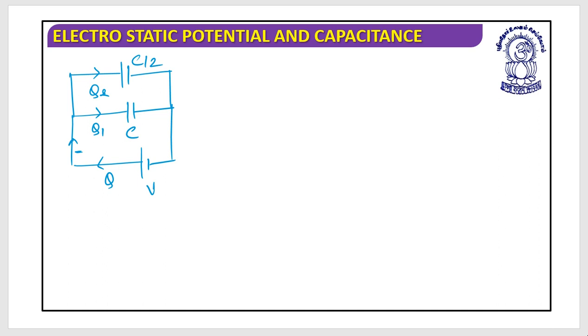As my charge is having an alternate path, what I can have is Q is equal to C equivalent into V. My C equivalent would be, as these two are connected in parallel, C by 2 plus C, which is 3C by 2 microfarad. Yes, I hope this is clear.